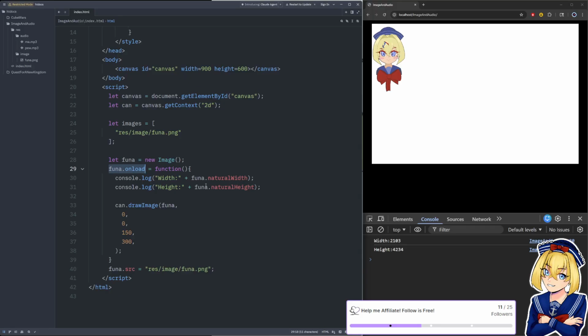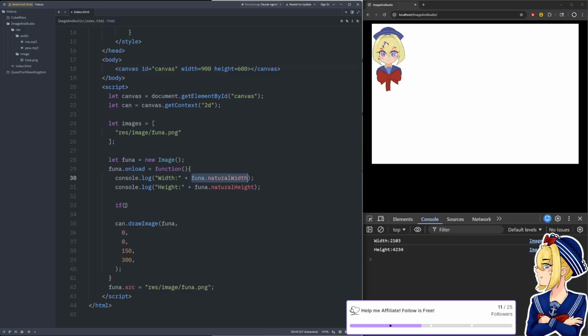But occasionally you will get this onload function to trigger, and if the natural width and natural height are 0, then the image hasn't actually finished loading yet. So I like having a check to say, if the natural width is 0 or the natural height is 0,